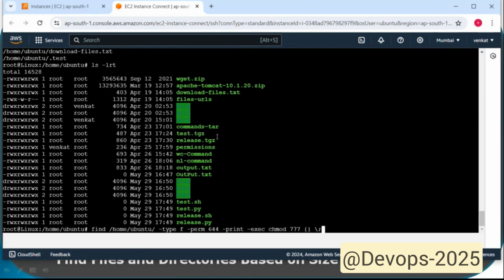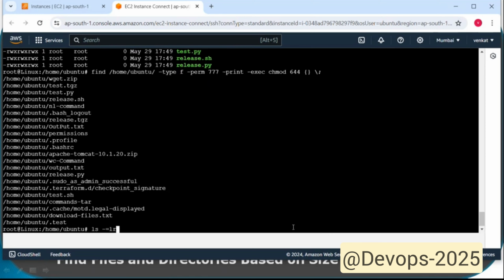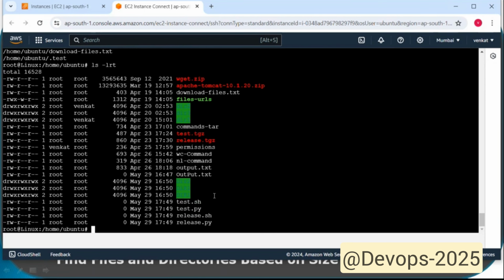And if you want to do vice versa, if you want to make 644 from 777, what this command will do, it will find the files having 777 permission from that home directory, then print it, then change it to 644, ls space -lrt. Earlier all were in green color, now they have 644 permission. Now if we take anything here, see,